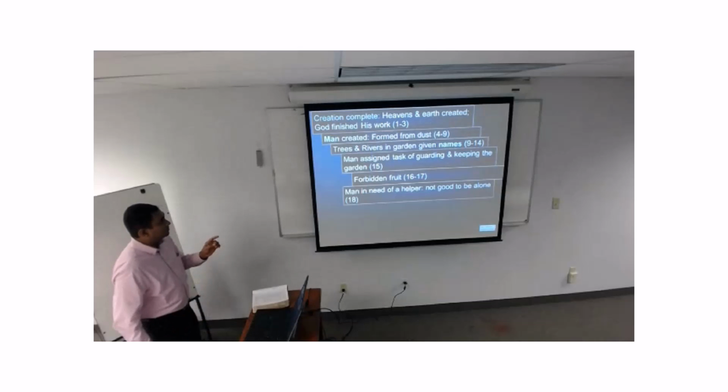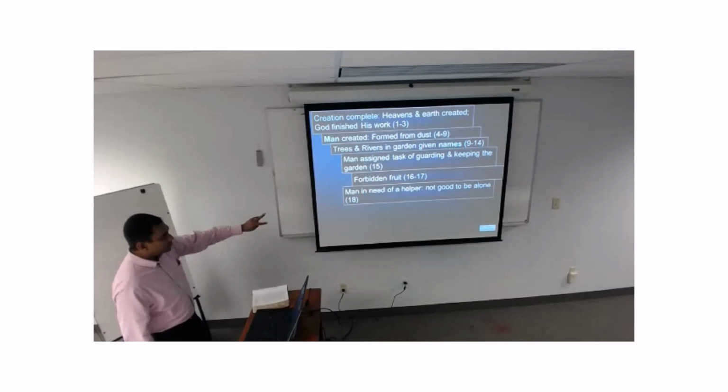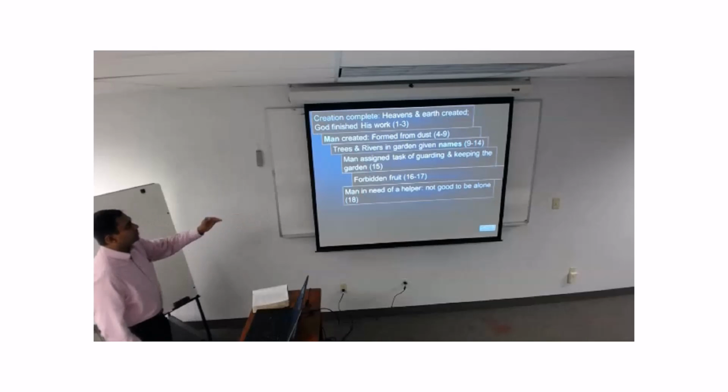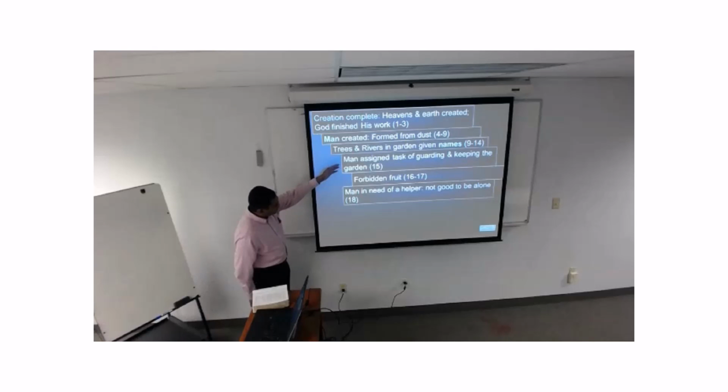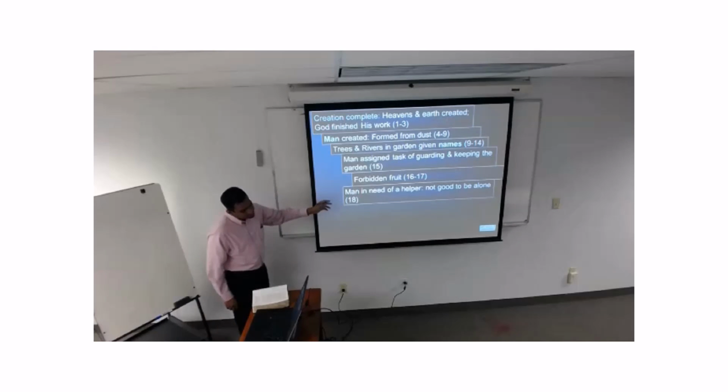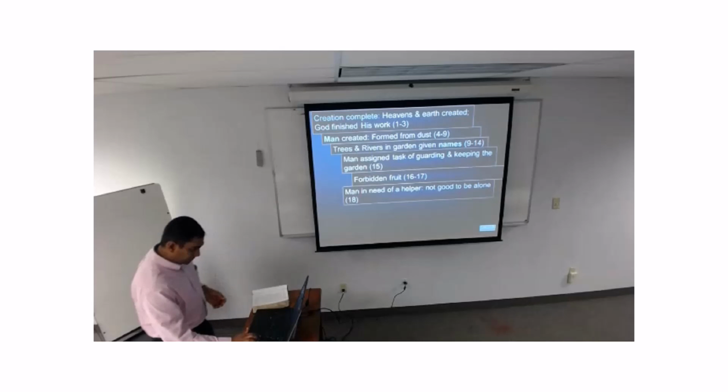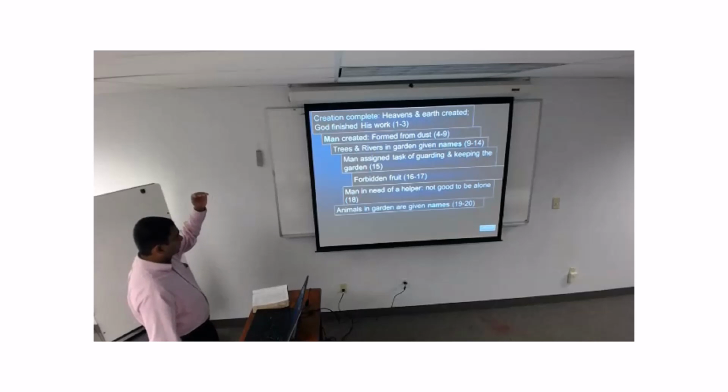All right, but now let's move to verse 18. So we're going to see the flip side of the chiasm, and I want you to just observe it. Here you see man is in need of a helper. It is not good for man to be alone. Man has a responsibility, he's assigned a task, and this man needs a helper in the responsibility that he shares with the woman and for himself as a person.